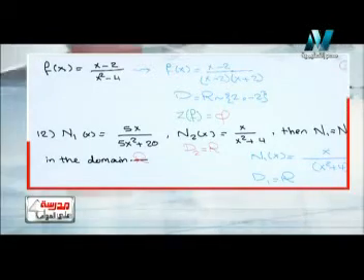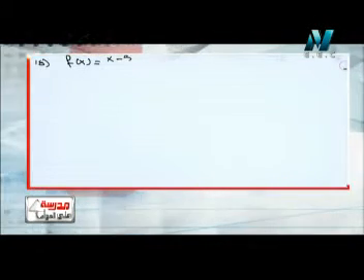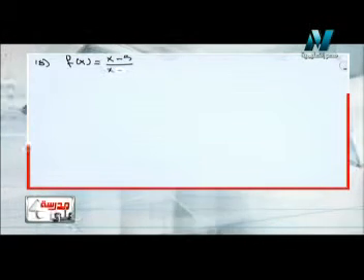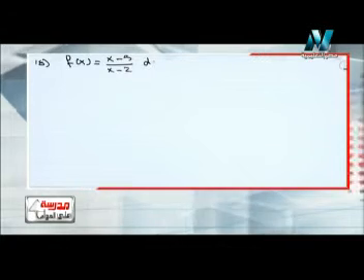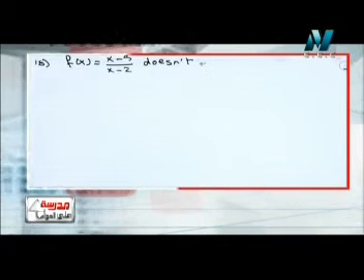Another question on this part, in number 18, is another idea on the domain. Without saying find the domain of the function, it may give me another form of the question, as in number 18. Number 18 says the function f of x equals x minus 5 over x minus 2, and this function doesn't exist